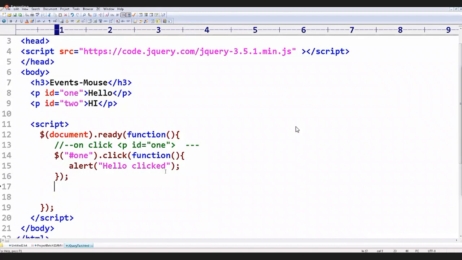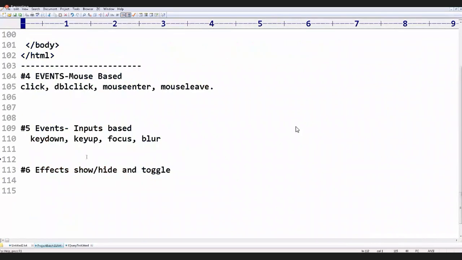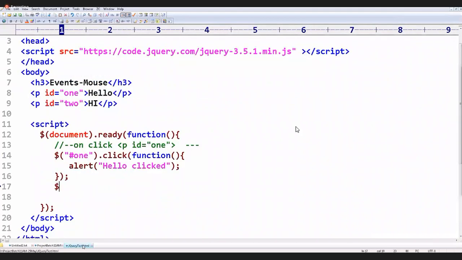Next, on double click, I'll add it to hi. How to indicate double click? Look here. This is double click, dbl click. You have to write dbl click, double click. Now I'm writing here hash, dbl click. Okay, sorry, this is 2. On this one, on 2, if you double click, dbl click is equal to